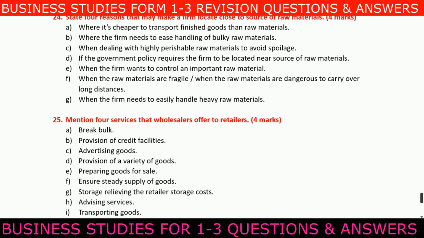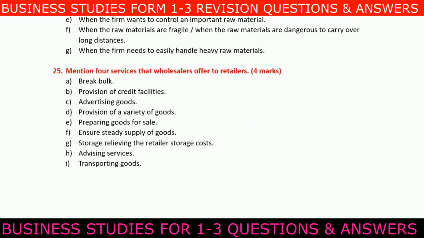Question number 25, we are almost through. We are told mention 4 services that wholesalers offer to retailers. Number 1, break bulk. Number 2, provision of credit facilities. Number 3, advertising goods. Next, provision of a variety of goods. Next, preparing goods for sale. Next, ensure a steady supply of goods. Next, storage,